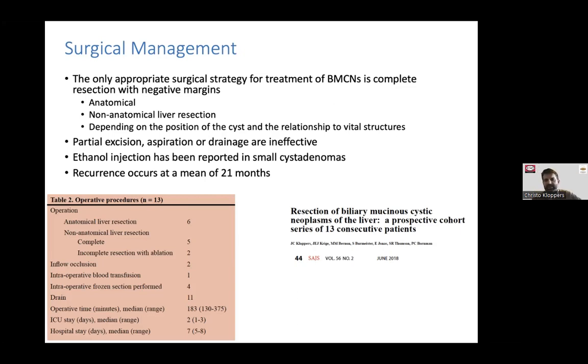So your surgical strategy can either be just an anatomical resection if it's suitable to that. So you've got a cyst limited to a resectable segment, sector, or hemi-liver. That would be your treatment of choice. Non-anatomical liver resection,